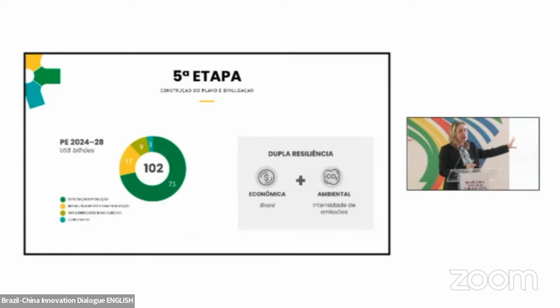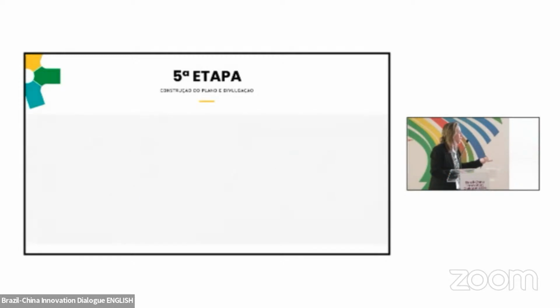And then we reach the results. That is a plan that we disclose every year. Our business plan we review every year, with 5 years forward. This business plan that was disclosed in November last year forecasts investments for 2024-28 of $102 billion. We still have part of our investment in production, almost 70%, because we are transitioning. But it's important for us to change it. And that's what we're showing.